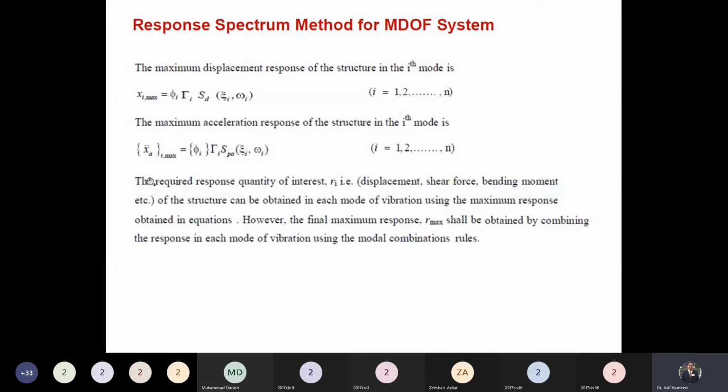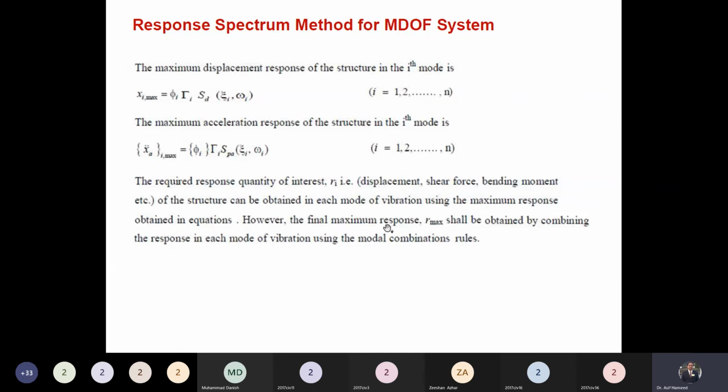ठीक है. Similarly, if we have the displacement of the different nodes, can we calculate the shear forces, bending moments, or the internal forces in the body? Definitely sir. Yes, sir. In the same way we can calculate. Only difference is here that in this case, as a designer, we are interested in the maximum displacement. And for that maximum displacement, we can calculate the corresponding forces and the stresses and strains in the body.